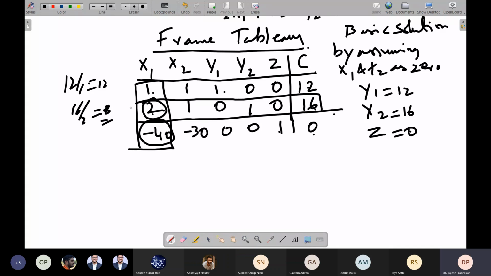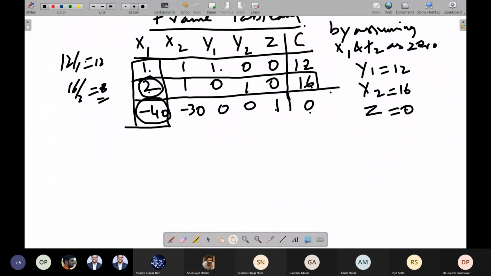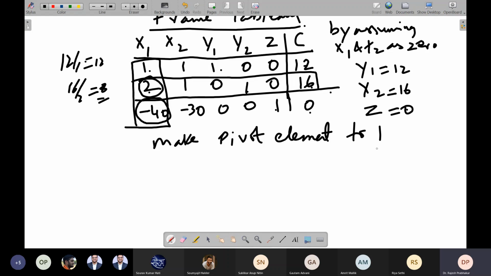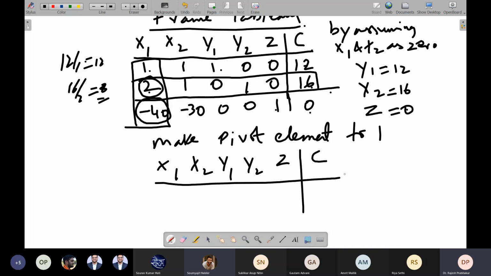So we have to make this pivot element 1. How will you make this pivot element 1? Let us write the tableau. Sir, in the first step, we have minus 40 as the most negative value.